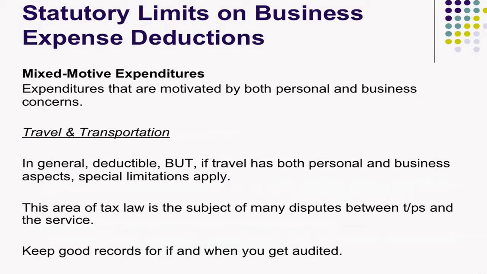Another mixed motive expenditure: travel and transportation. In general, travel and transportation is deductible. But again, if it's a mixed activity, mixed meaning business and personal, then things change. And how does that happen? Well, if I run a business and I'm going to a seminar, say I'm a professor, and there's a conference somewhere in the country about taxes. I attend that conference by myself. I don't bring any family members. I fly to the conference, let's say it's in Chicago, and I fly back. And during that time, I stayed in a hotel and I had meals.